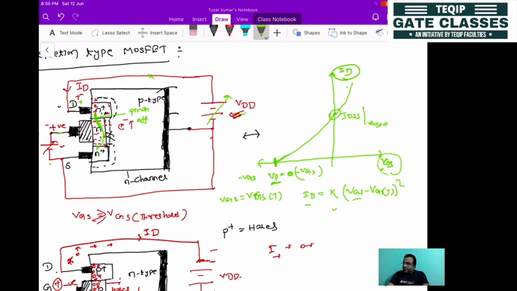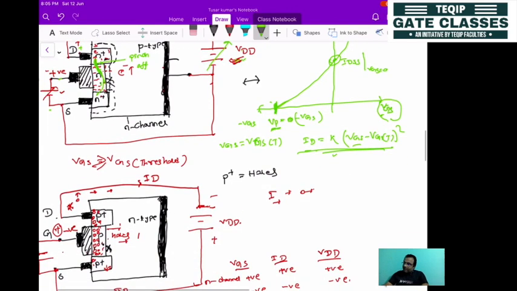If you increase the gate to source voltage, what will happen? For the N channel, you are considering this one as a negative value, and that is this voltage. Whenever it reaches this pinch off value, the threshold value, gradually the drain current will increase as you increase VGS, and it follows a path from this equation: the drain current equal to K into (VGS minus VT) squared.